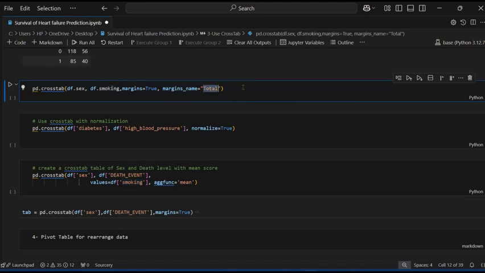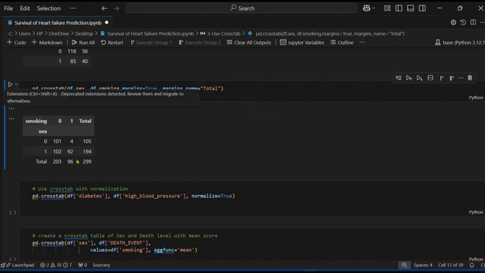There I want the total of how many by sex and smoking. It gives 0 for female and 1 for male. So non-smoking is 101, there is 4, total is 105. Same thing is 102, and 92 is 19. So it gives the total of smoking, male or female.